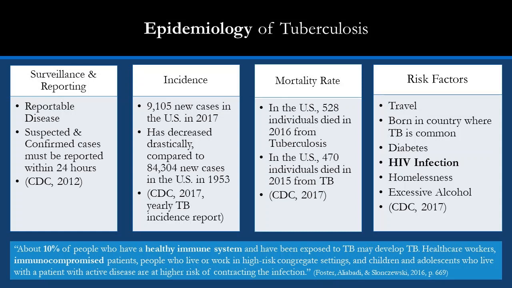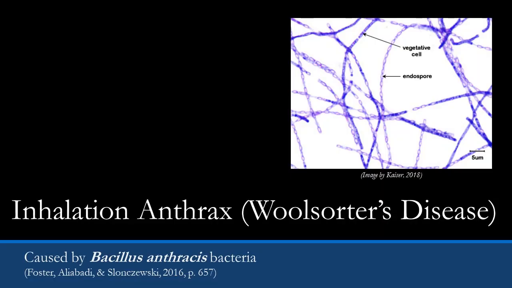Multi-drug resistant forms are resistant to 2 first-line drugs. Extreme drug-resistant TB also exists, which is resistant to over 3 second-line drugs and 2 first-line, making such cases extremely hard to treat. Our third respiratory disease is inhalation anthrax, also deemed wool sorter's disease, which apparently came about after